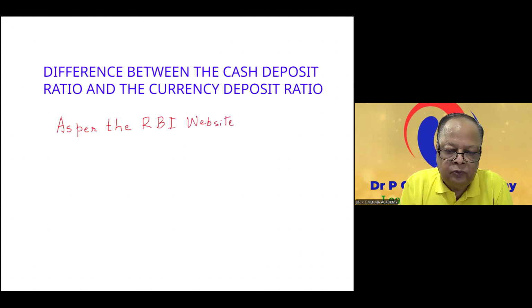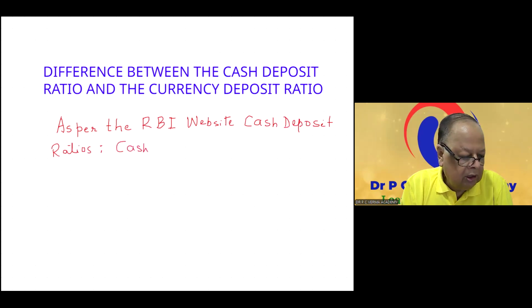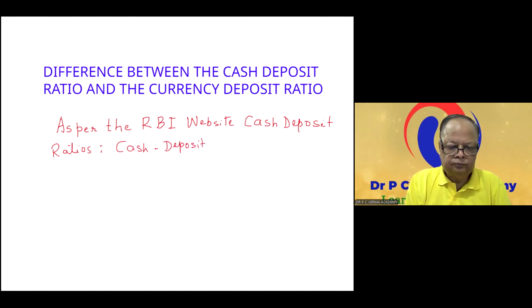cash deposit ratio of scheduled commercial banks